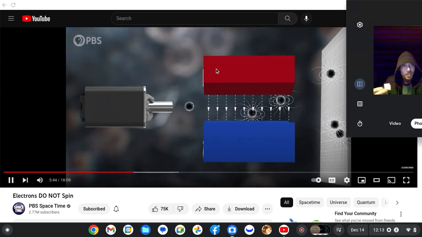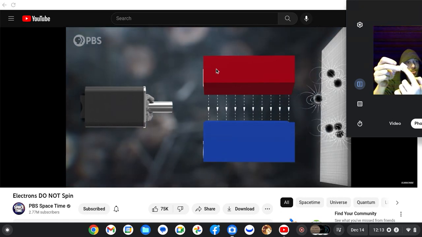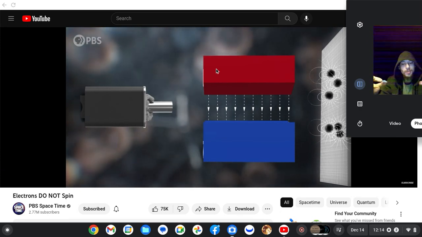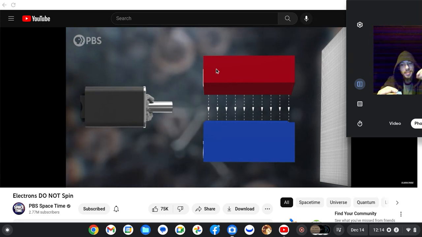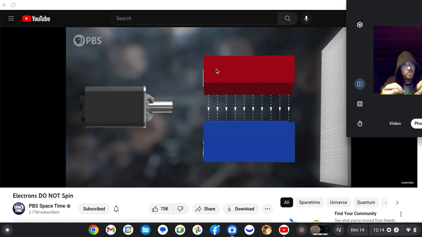We would think that those that are perfectly aligned with the field will be deflected by the most, either up or down. If these were classical dipoles, like tiny bar magnets, then the ones that were only partially aligned with the external field should be deflected by less.